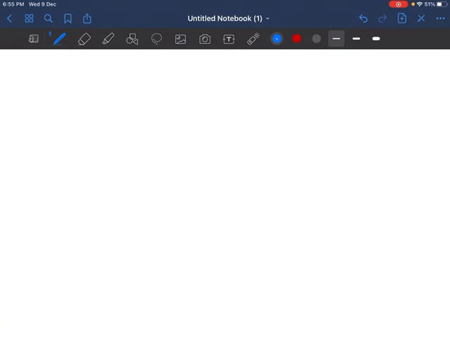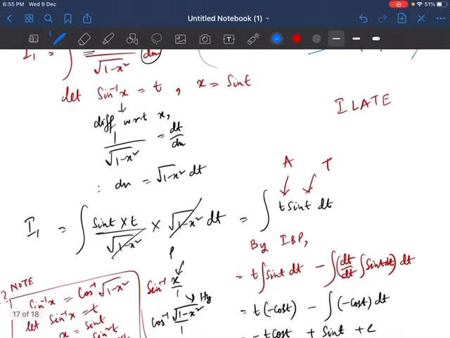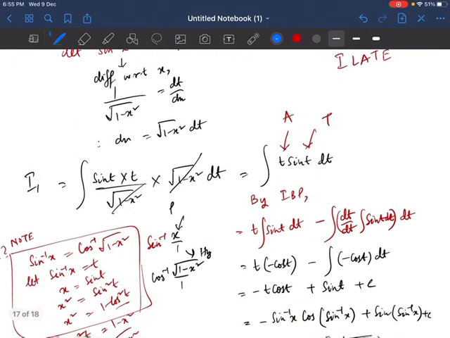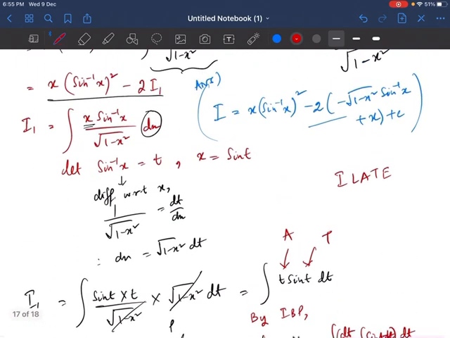Okay, now we have question number 11. If you look carefully, question number 11 is the same as I1. What I have done in I1, question number 11 is exactly the same. You just put cos inverse x is equal to t. But here the only difference will be that there will be a minus sign. Why? Because differentiation of cos inverse x is minus 1 by root over of 1 minus x square. So only the difference is that. So it will be exactly same as I1.